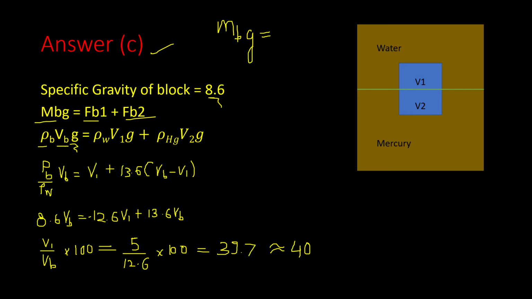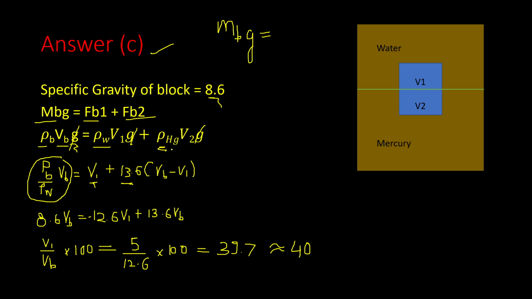Similarly, these other forces we can write as mass density of water into V1. This is the formula for buoyant force, and the buoyant force by mercury will be mass density of mercury into V2 into G. If we divide by rho W on both left hand side and right hand side, we'll get rho B by rho W into VB, and this G will get cancelled. So here we'll get V1 and the remaining term is